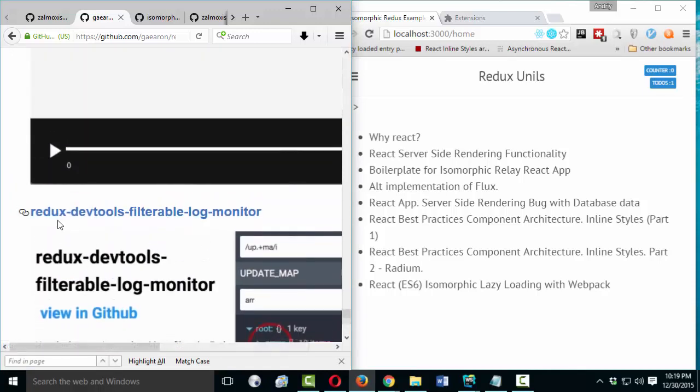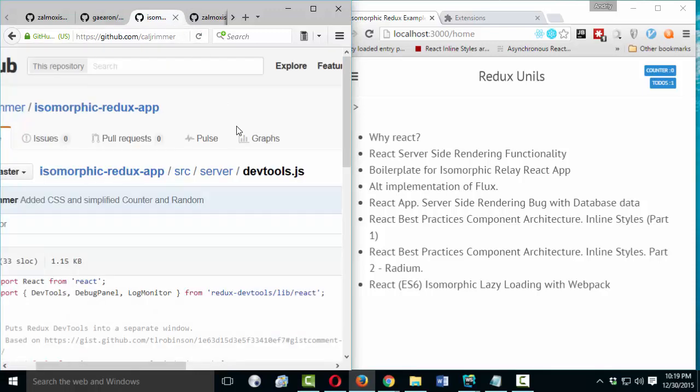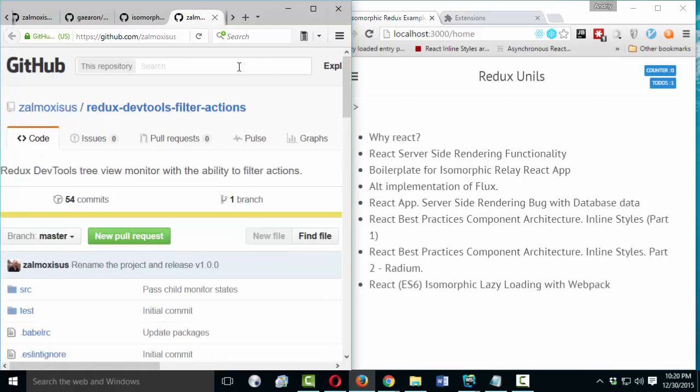We have one more package, Redux DevTools Filterable Log Monitor, so you can try to install it, and maybe it has nice filtering functionality for actions, but I have found it convenient in Chrome, so maybe I will do it later.